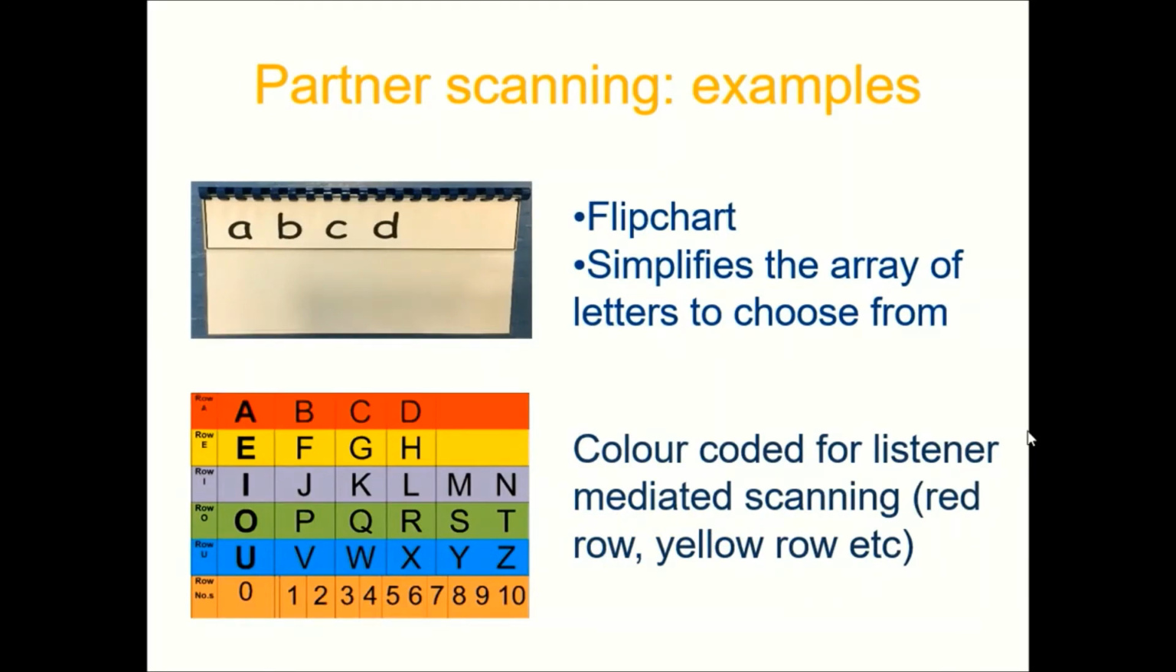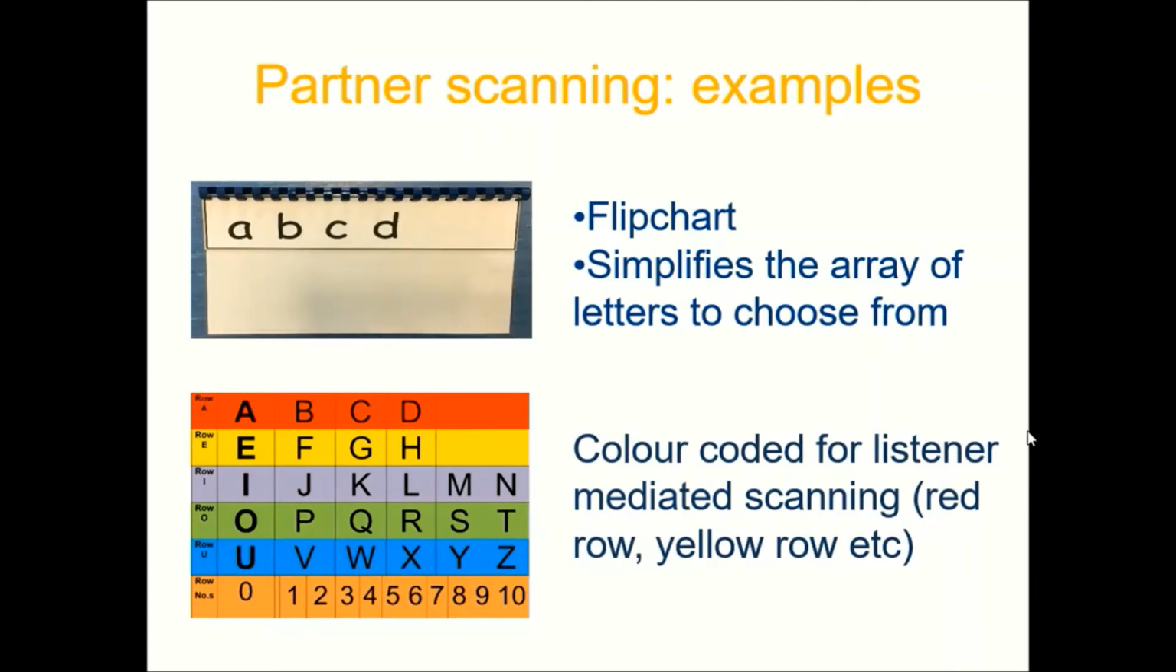So here's some examples of partner scanning charts. On the top there, you've got a flip chart, and essentially it's an ABC format, and you just flip over so it's only presenting one row at a time. So that's an easier cognitive load, and it's not so visually distracting compared to the letter chart at the bottom,